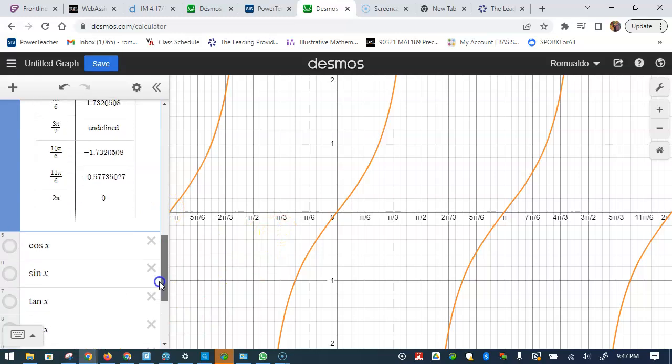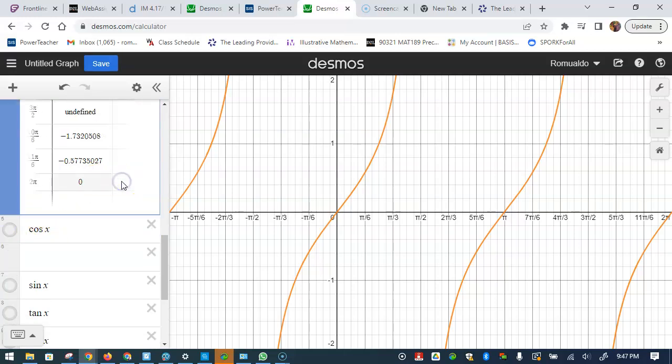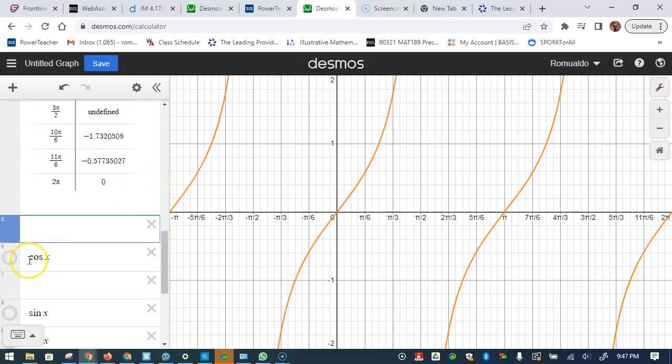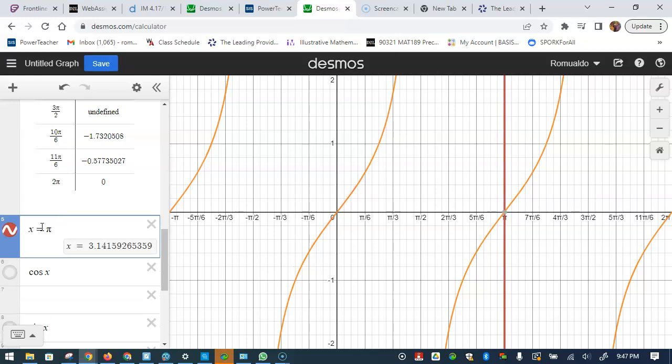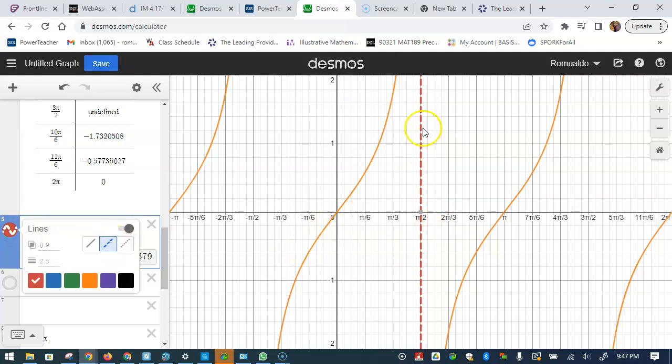So I'm gonna write here x equals pi divided by 2. Watch this. Make it dotted. Okay, and you'll see that's a vertical asymptote, where tan of pi by 2 is undefined because tan is sine over cosine, right? Sine of pi by 2 is 1 and cosine of pi by 2 is 0,